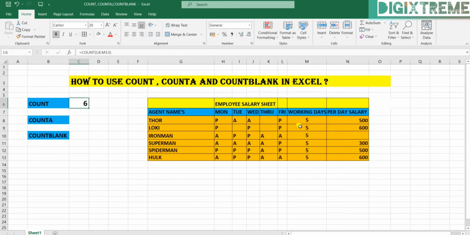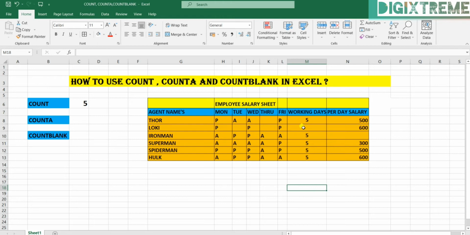You can see it has only counted numeric values. It did not count the alphabets present, and it will also not count any blank cell. Like if I delete this 5, you can see it will show 5 only, because I have deleted one of the numbers.